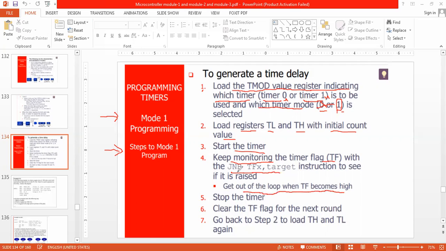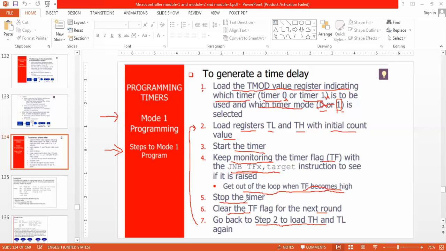Stop the timer, then clear the TF flag for the next run and go back to step 2 for loading the values of TH and TL, the initial value, once again. Understood?